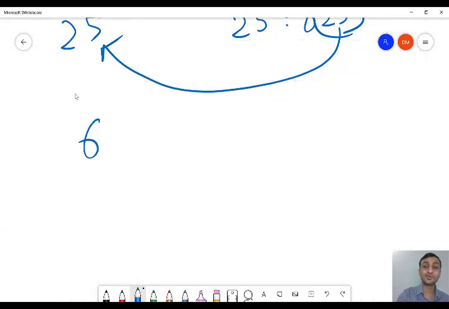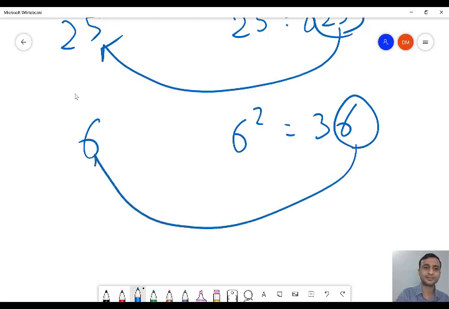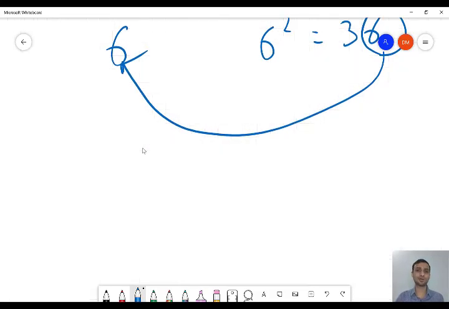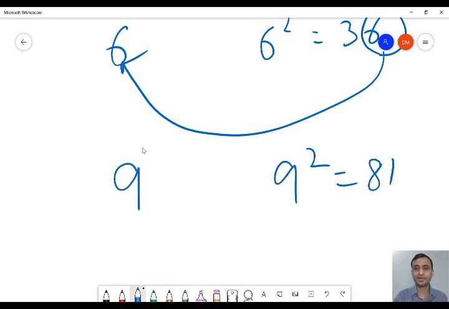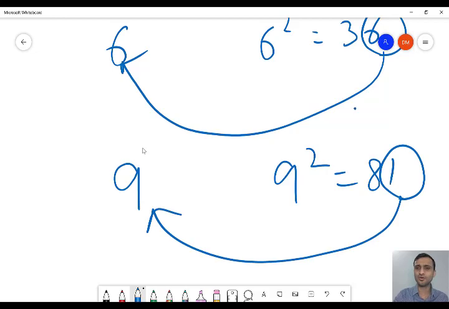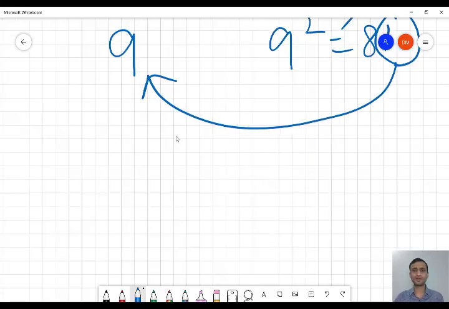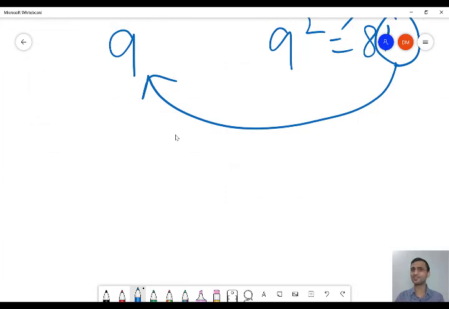6 is also an automorphic number, because 6 square is 36 and 6 is present at the end. So it is automorphic. Okay, let us check if 9 is automorphic or not. 9 square is 81. Is 9 present at the end? No, 1 is present. So it is not an automorphic number. So, understood what is Armstrong and automorphic? Just try it. Just think how I can solve it.